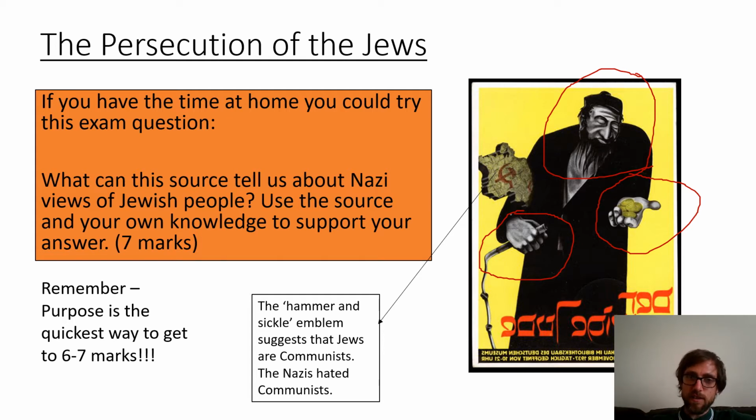So they're trying to get across these very negative traits of people to the German public, so as to encourage people to hate Jewish people and in turn to persecute Jews, or at the very least let persecution happen, which obviously happens through Gleichschaltung, which is some of the own knowledge that you can bring in, or you could argue that also it kind of leads into the Night of Broken Glass as well, that this kind of got people ready for that frame of mind where they were willing to go around and break Jewish shops' windows and attack rabbis and damage synagogues.